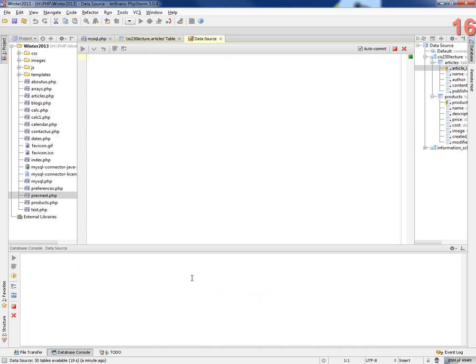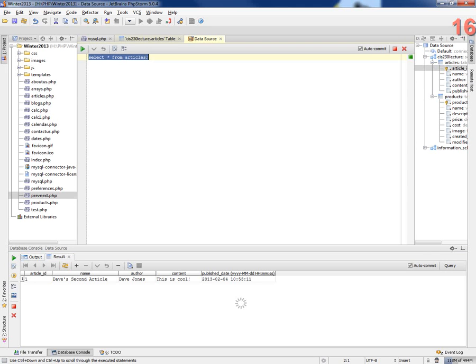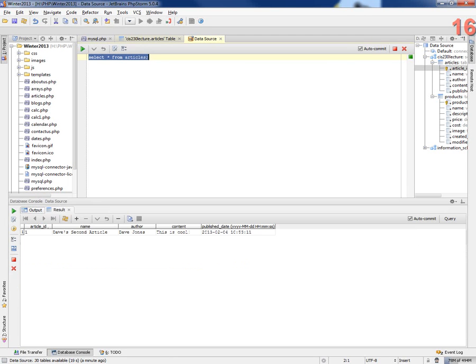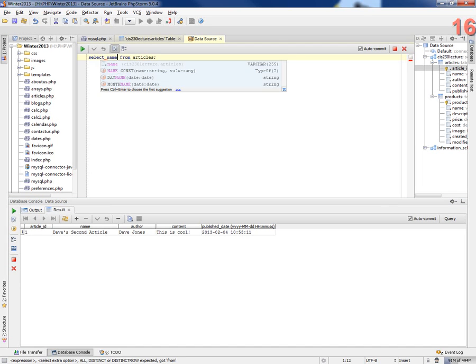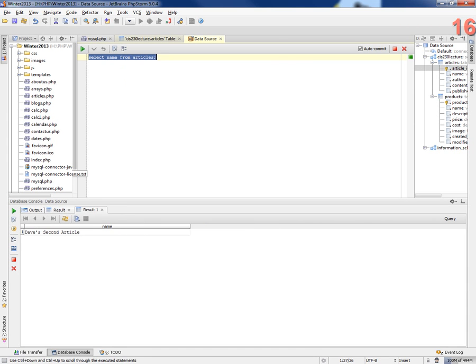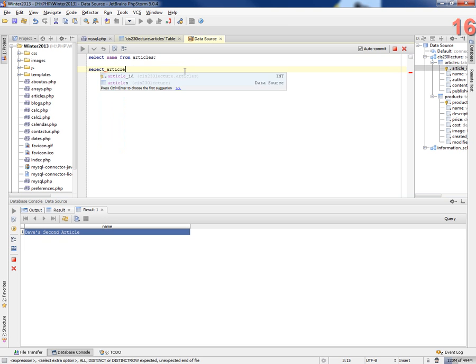Here's the database console. I can say select star from articles and then execute that line, and I see what I get back. Isn't that nice? I can select name from articles and execute that and see what I get back, just all the names. I can have multiple lines of code here. Article ID, and it does some IntelliSense now. It knows the database structure from articles,